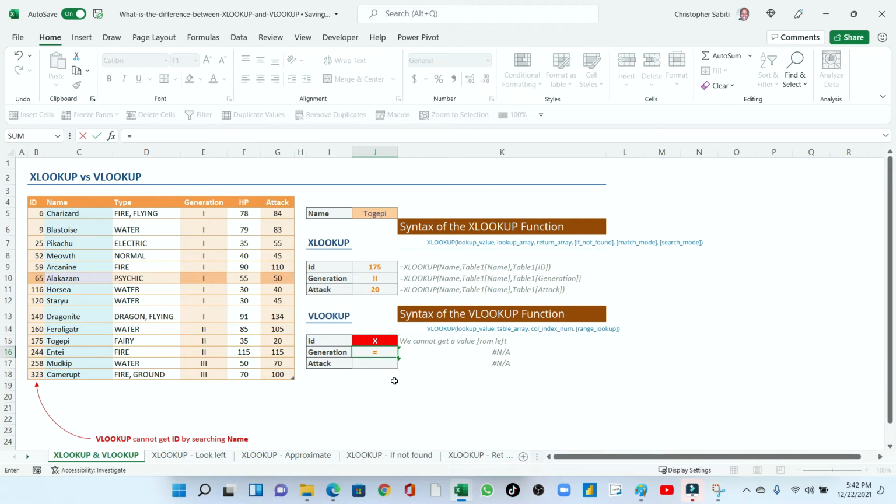We begin with equals VLOOKUP, then the lookup value, which is this, comma, then the table array. This time we are talking about the table array, so you have to select the whole table this way. Selecting the whole table, I'm leaving out the ID because with VLOOKUP you're supposed to start with the lookup value when you're selecting.